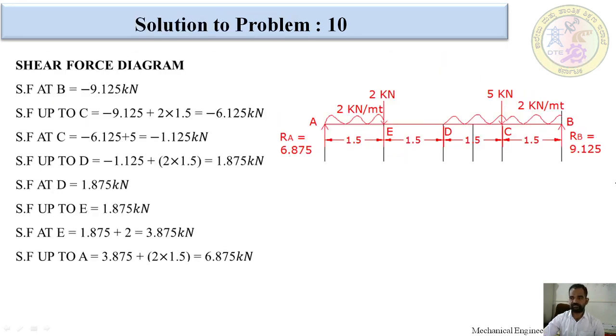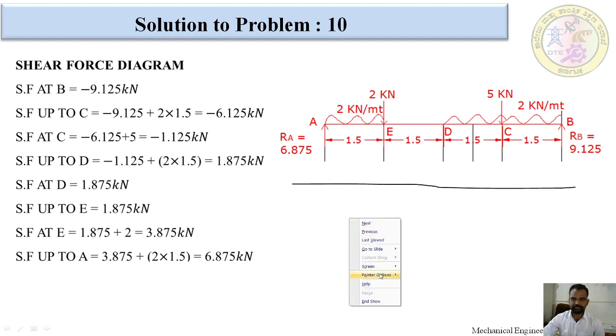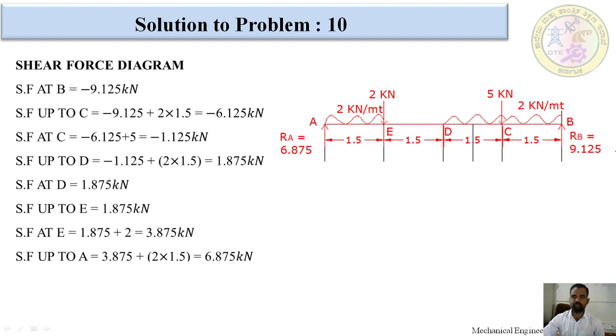Next slide, we are going to start with the shear force calculation. We have to start from the right corner to the left last. This is the rule of doing the problem. First we have to find at B point, after that C point, D point, E point and A point. These are critical points. We are supposed to determine the shear force individually. First we start with the right of the section.